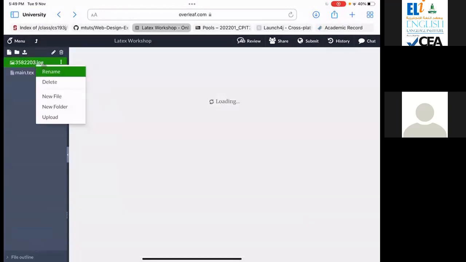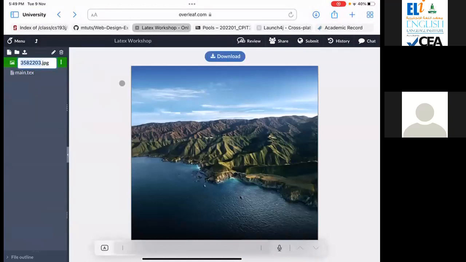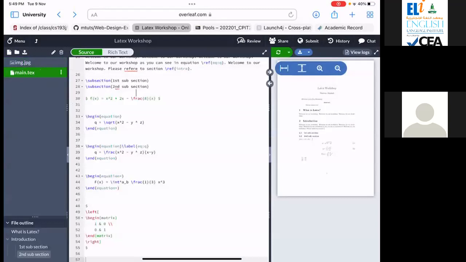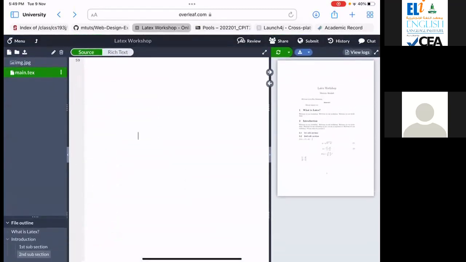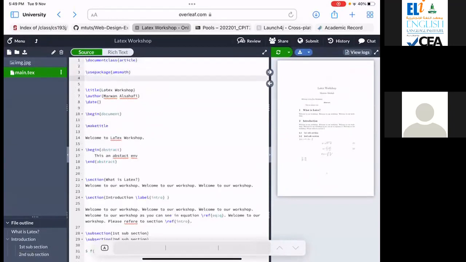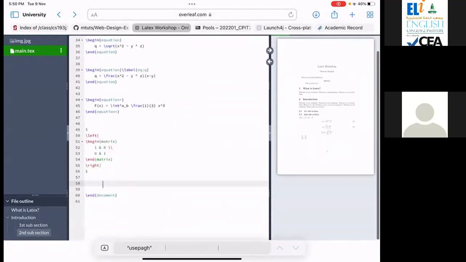I think I can change its name. This is my picture, so let's say IMG. Name it with a convenient name. So this is the image I want to display in my document. Before I include it, I need to use a package called graphicx, with use package. Graphics with X. There are two graphics packages. Choose the one with X. Okay. Then include